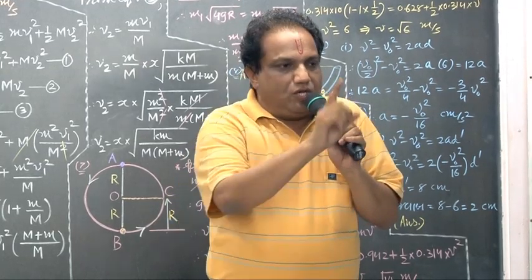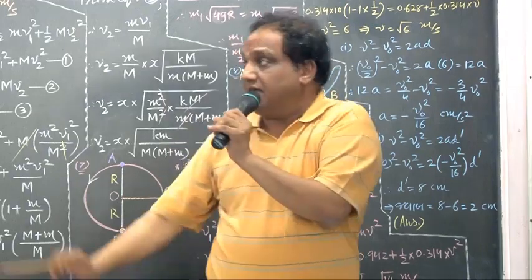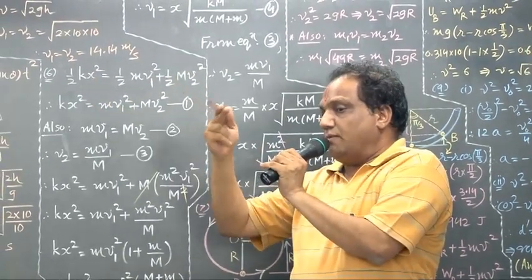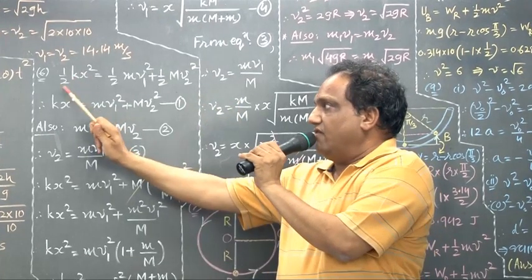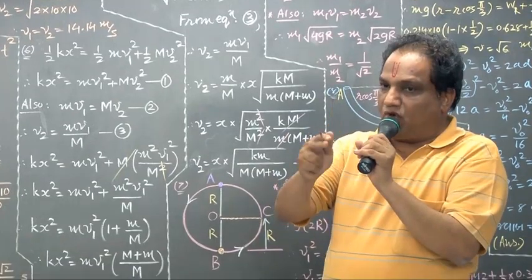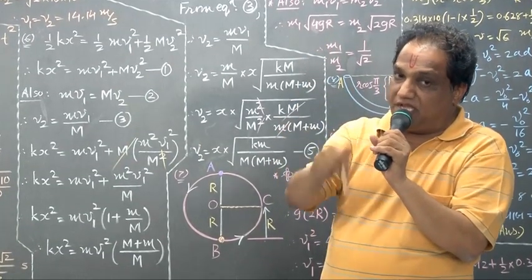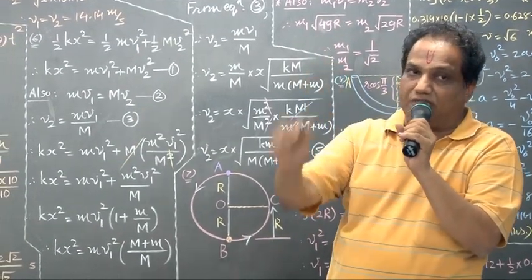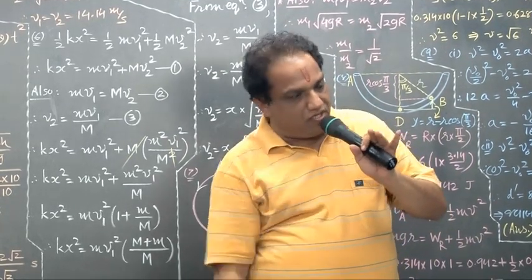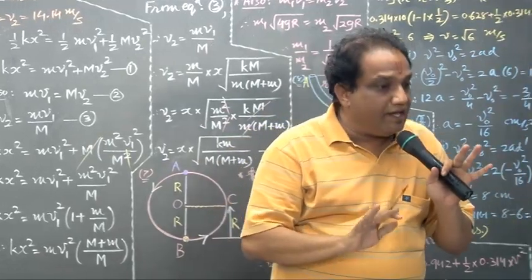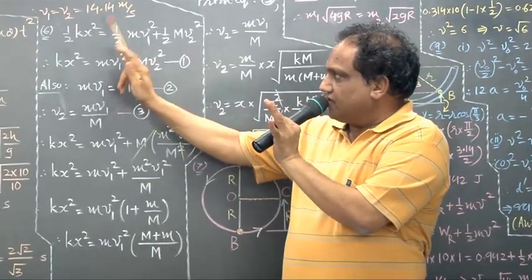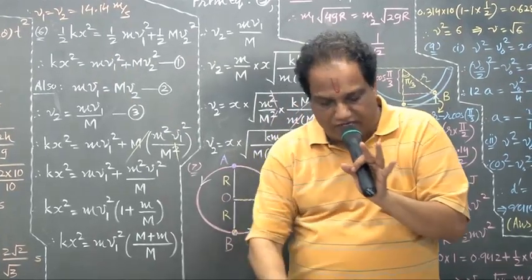Okay? In order to compress an elastic spring having force constant k by amount x, you know what amount of work is to be done? Half kx square. And exactly the same amount of energy is getting stored in the spring in the form of elastic potential energy. Fine. So what is the initial energy with the whole system? Only elastic potential energy. And it is how much? Half kx square. Wait.